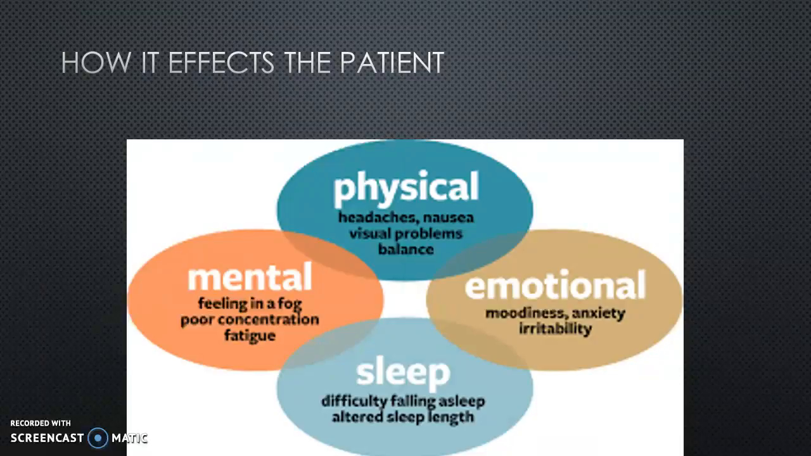So as far as physical goes, it's, of course, the physical signs and symptoms such as headache, nausea, visual acuity, balance issues, sensitivity to noise or light, sensitivity to motion, nausea, vomiting, any kind of regular physical signs of sickness. On the emotional level, the athlete might be more irritable, he might be easily upset, they might be